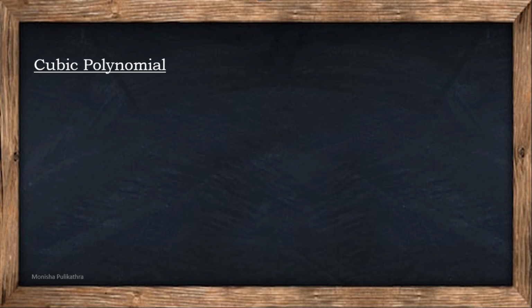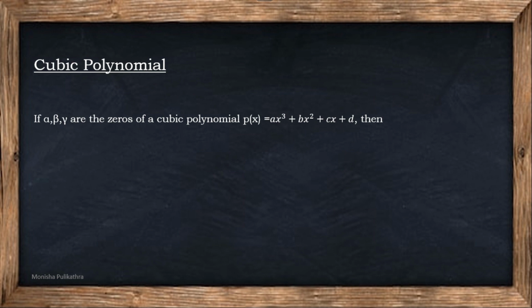Next, going to cubic polynomial. Cubic polynomial, as the name itself signifies, will have degree 3. The equation is ax cube plus bx square plus cx plus d. The degree here is 3. Therefore, it is said to be a cubic polynomial. Therefore, there will be 3 formulas for that. One is the sum. For the sum, the formula is minus b by a. For the sum of the products of the roots taken two at a time, it is c by a. And the product of the roots is minus d by a. Hope you understood all the formula sections here. Linear polynomial has 1 formula, quadratic polynomial has 2 formulas, and cubic polynomial has 3 formulas. Hope you understood this part.